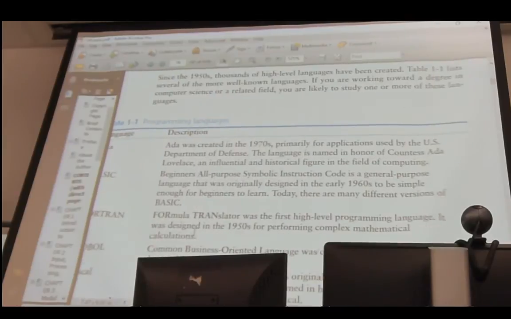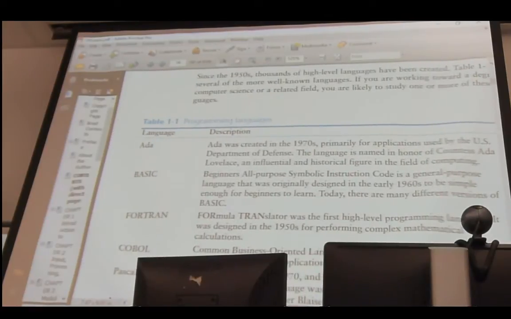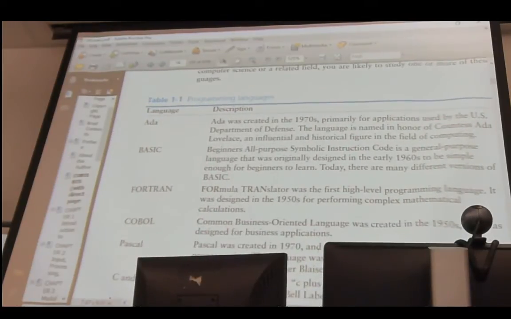But assembler language was a language that was machine level. Ada is a programming language. I used Ada before. Ada is somewhat similar to C++. Basic. Back when DOS came out, DOS had Basic. All right. Basic was used. It was a beginner's language, and it was pretty good. The only downside